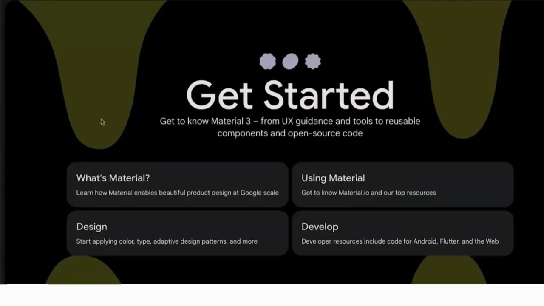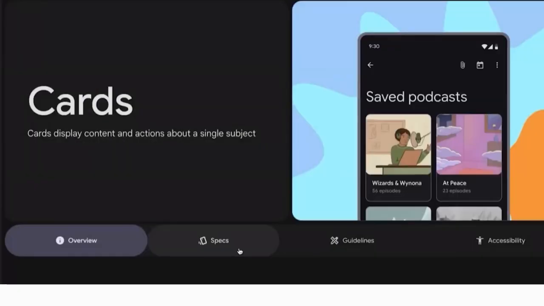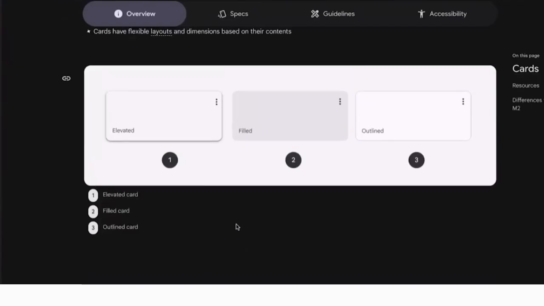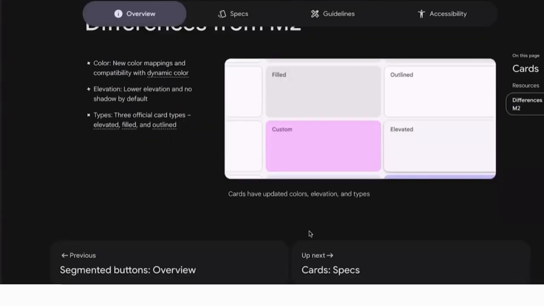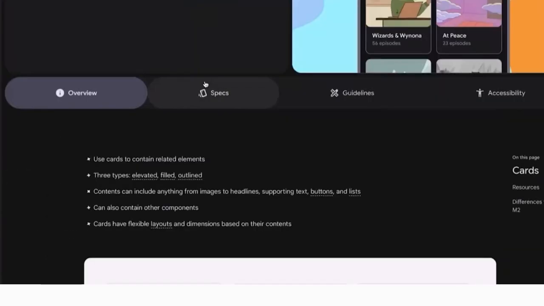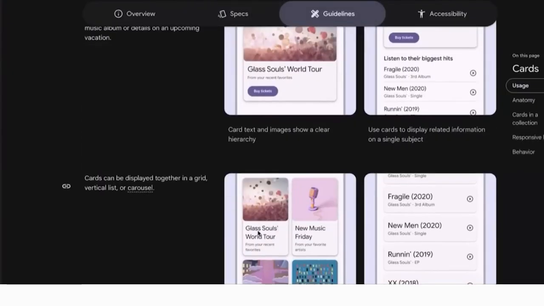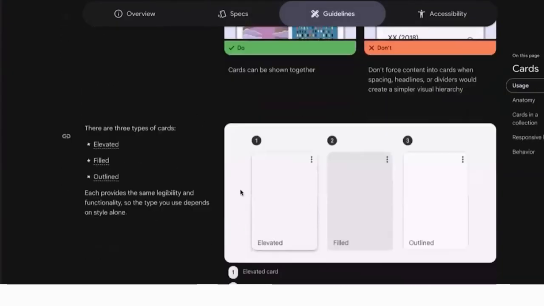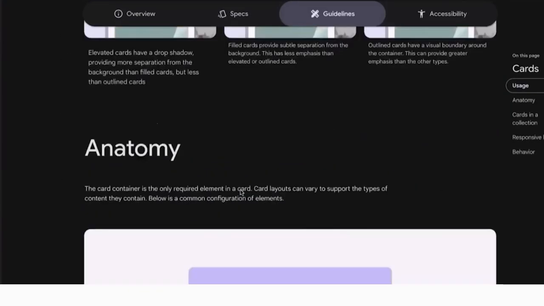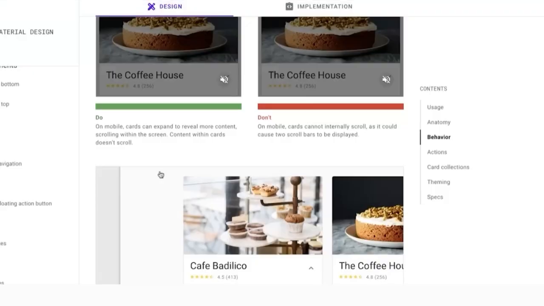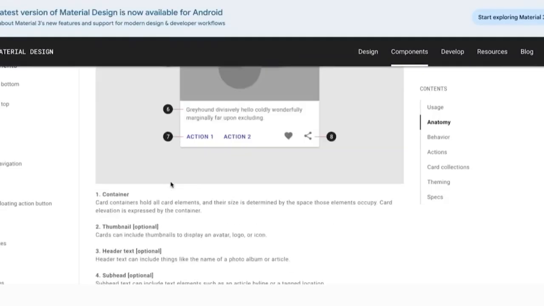The change in material design 3 is that there are no longer cards as before. You go to components, cards are there, but the elevation is represented in a different way. If you see, this is the elevated card, filled card, and outlined card. Let me see, somewhere I have seen their elevation guidelines. The hard thing about the guidelines is that once you read, it's very difficult to find the same page again. Now if you see the difference, in material 2, it was about the position of the card